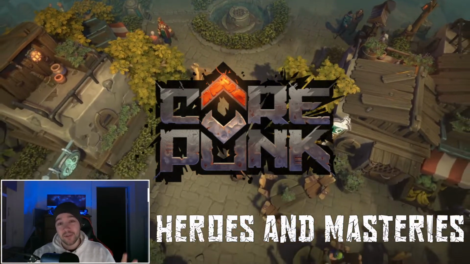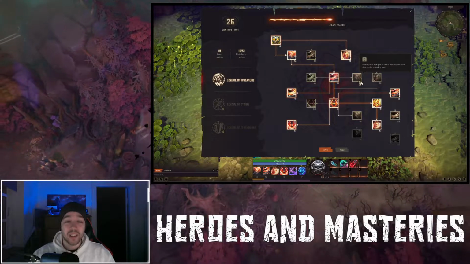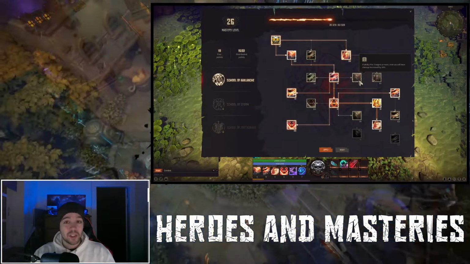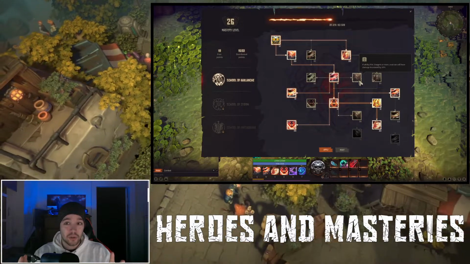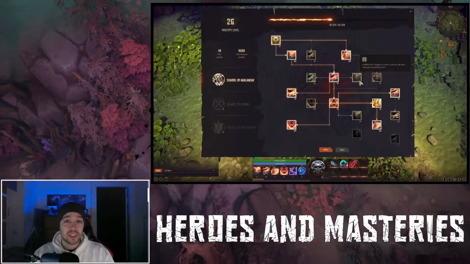So in the newest blog post from Corepunk, Artificial Core, we got this screenshot. It basically shows that you are going to have masteries on each of the heroes. The cool thing about this is that they are right now polishing 6 of the heroes for the first closed beta, and with this picture here, they actually show each of the heroes is going to have 3 different talent